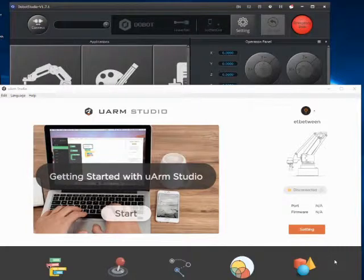Welcome to Four Faces. Today we're going to talk about Dobot Studio and the Uarm Studio software. As you know already, I've done a couple of videos that talked about the hardware, the accessories, how strong each robotic arm is. And today I'm going to get a little bit more into the software side because